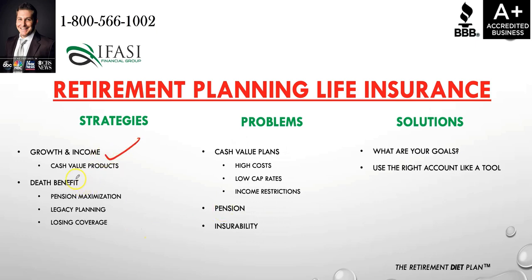The other side of the coin is for the individual that's focused primarily on death benefit, that they hit their retirement stage or they're nearing their retirement stage, and they're saying, okay, I was working for a company. I know that I had life insurance coverage through that company, but if I retire, I'm no longer working for that employer, well, then I'm going to lose my coverage. What do I do? So, are there some effective routes to make sure that you could go and try to set yourself up on a personal plan?